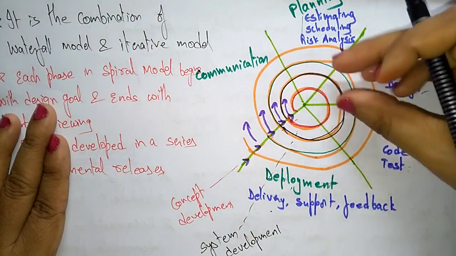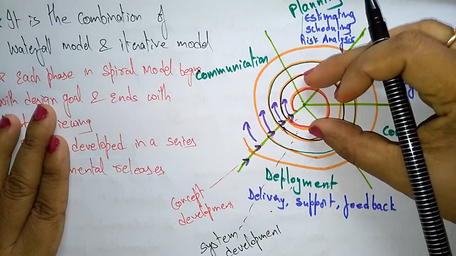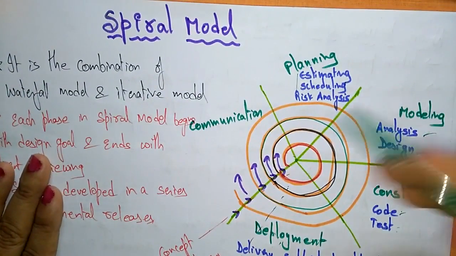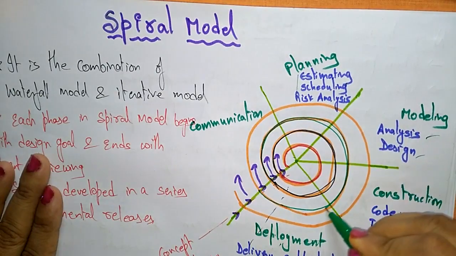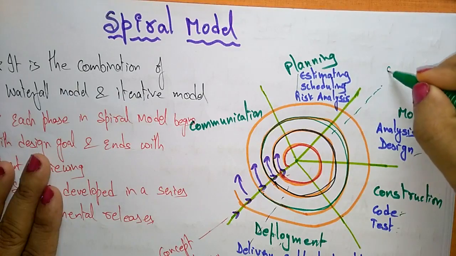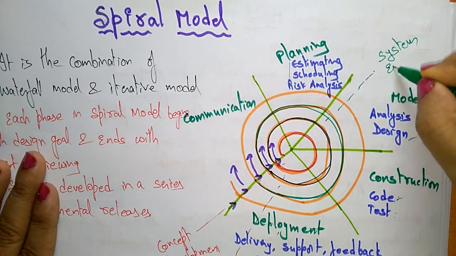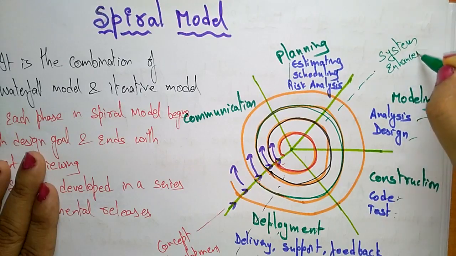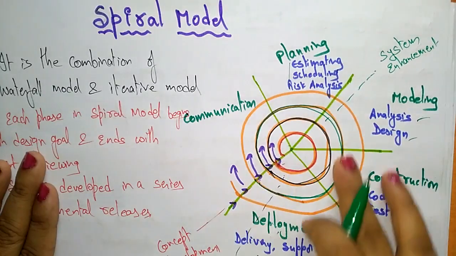First, the concept is developed. Okay, concept is ready. Then you have to prepare for the system. So, system development. After that, this is the next task region. This task region explains the system enhancement. If any enhancement is required, that will be done here. After the system was developed, the system has to be enhanced in this spiral.